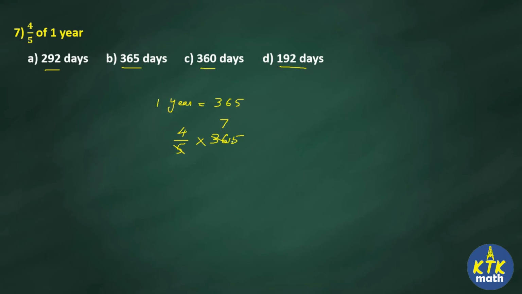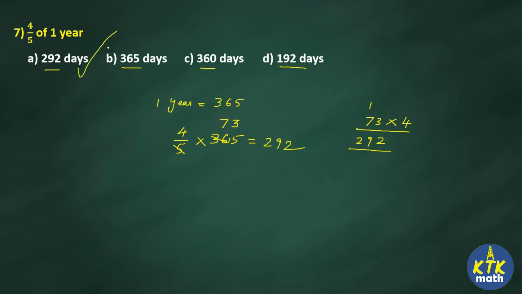Remainder 1 you can write in the middle. So 15, how many times? 3 times. So multiply the numerator now. 73 multiply with 4. 3 fours are 12, remaining 1, 7 fours are 28, 29. So your answer is